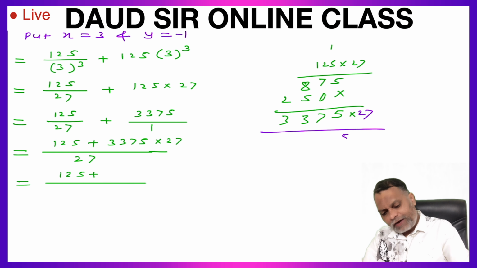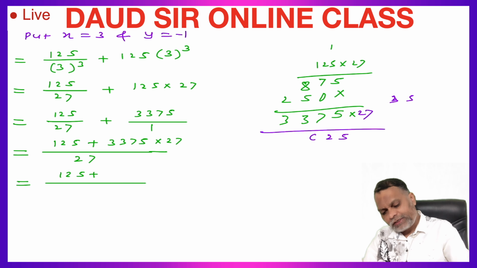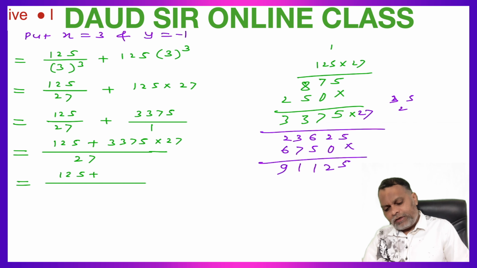7 5s are 35, 5 3, 7 7s are 49 plus 3 52, 2 5, 7 3s are 21 plus 5 26, 6 2, 7 3s are 21 plus 2 23, and multiply by 2: 2 5s are 10, 2 7s are 14 plus 1 15, 2 3s are 6 plus 1 7, 2 3s are 6, 5 2 6 plus 5 11, 3 7 10 plus 1 11, 2 6 8 plus 1 9, 91125. So this is